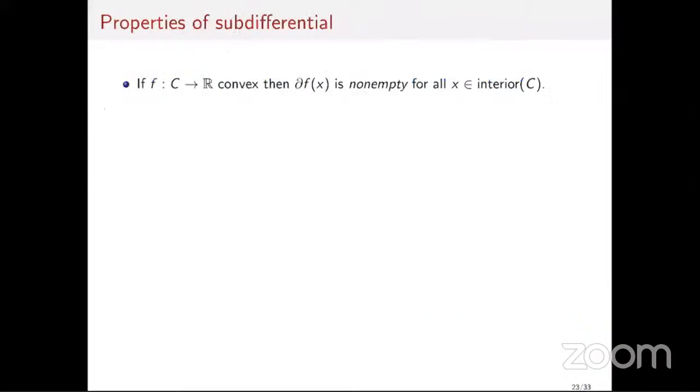Okay, so let's now move on and look at some properties of this subdifferential map, the set of subgradients of a function. You can prove, and this is already non-trivial, and I will explain a bit how to prove such a result, that if a function is convex, then its subdifferential is always non-empty. You can always find a vector g that will give you a global lower bound on the function. So you can always find a g at any x such that f of y is bigger than f of x plus g transpose (y minus x). This is obviously not true for non-convex functions, but for convex functions it turns out to be true.